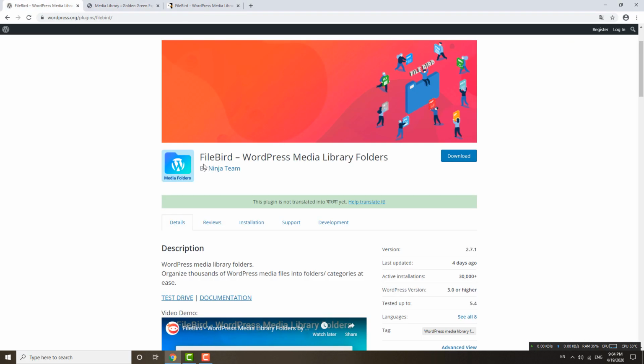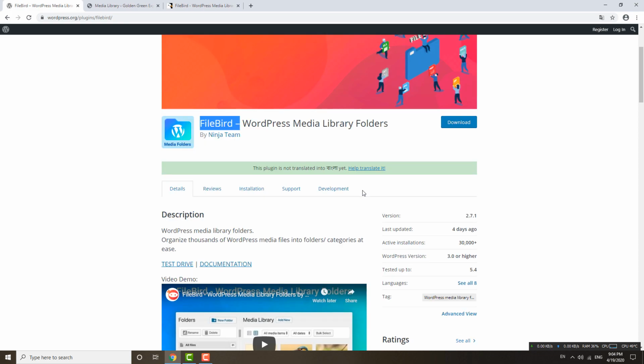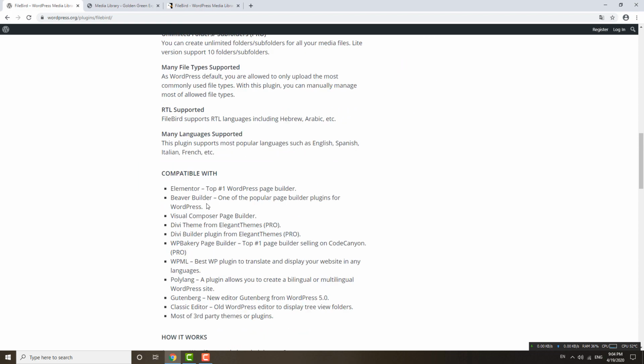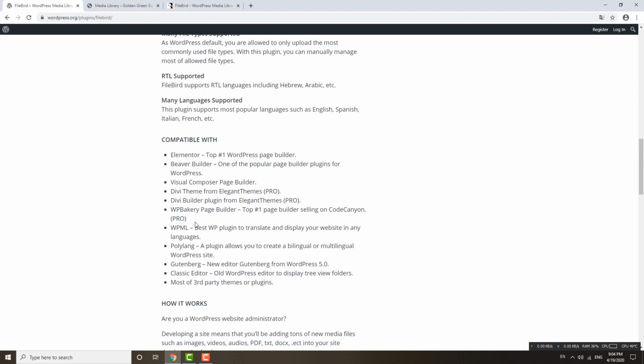What you need is this plugin, Firebird. The free version supports up to 10 folders or subfolders. Personally, I think the free version will do if you do not have a very large site. The free version also supports Elementor and Visual Composer. That's quite nice. But if you are using the Divi theme and the Divi builder, you need to upgrade to